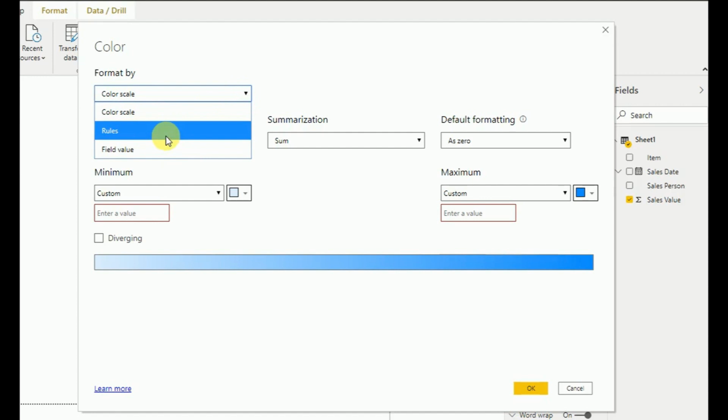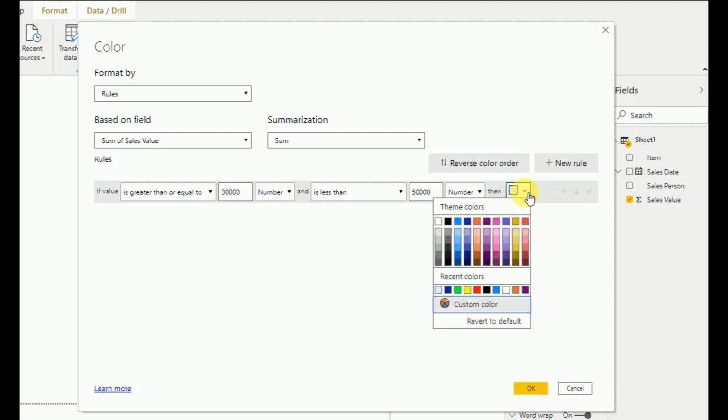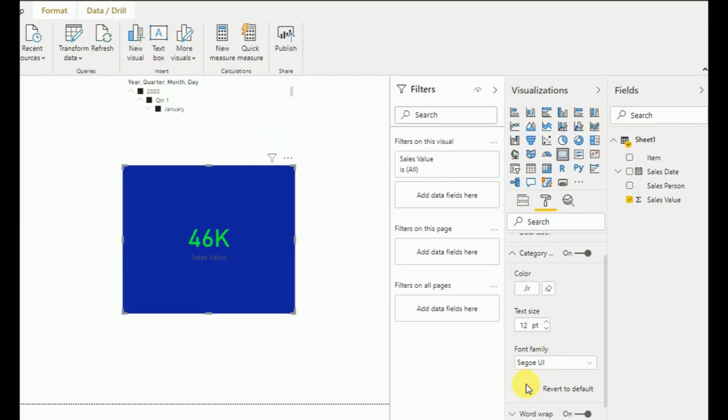Here also I add a rule, so I say 30,000 and 50,000, then display the value as yellow. I'll say okay. Then as you can see the sales value, I'll increase the font size a bit, the category name changes according to our summation.